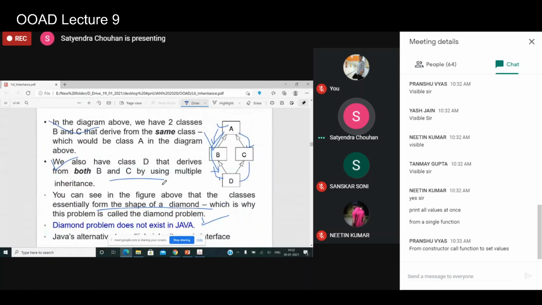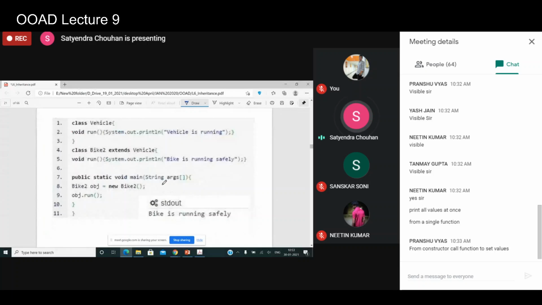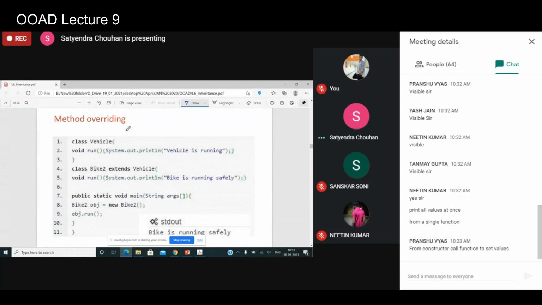Let's see an example, and we'll see different properties of inheritance in Java. Suppose there is a class called Vehicle, and we have a run method that prints "Vehicle is running", and there is a class Bike2 that extends the Vehicle class, and it also has a run method that prints "Bike is running safely".